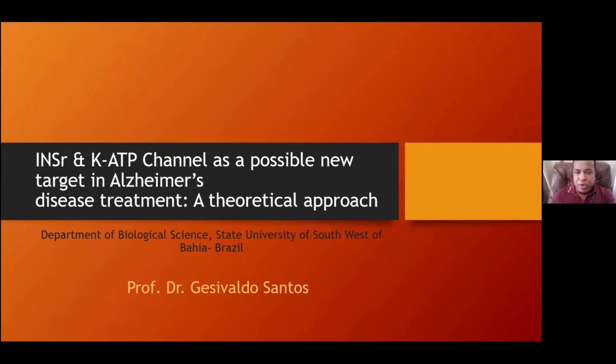And today we'll talk about the interaction between different pathways associated with the insulin receptor, as you can see here, the KATP channel, and the amyloid precursor peptide. That is one of the most important peptides associated with Alzheimer's conditions. But today we'll try to make a link between the insulin receptor and APP, that is a peptide, Alzheimer's disease,